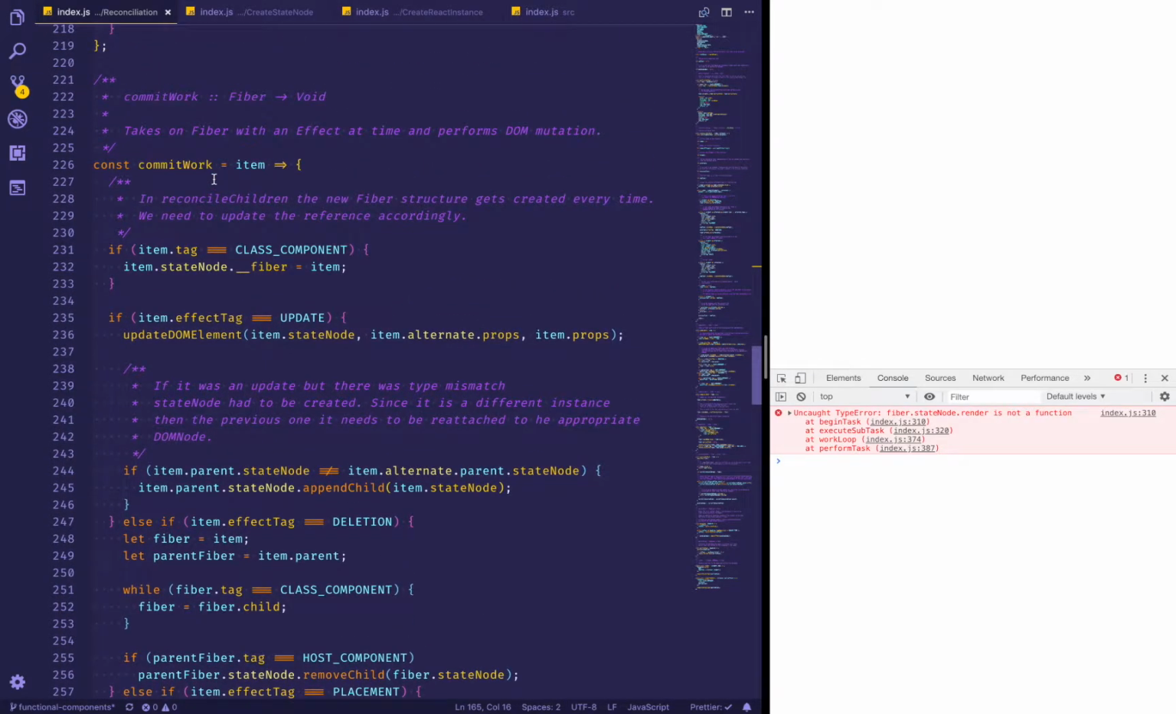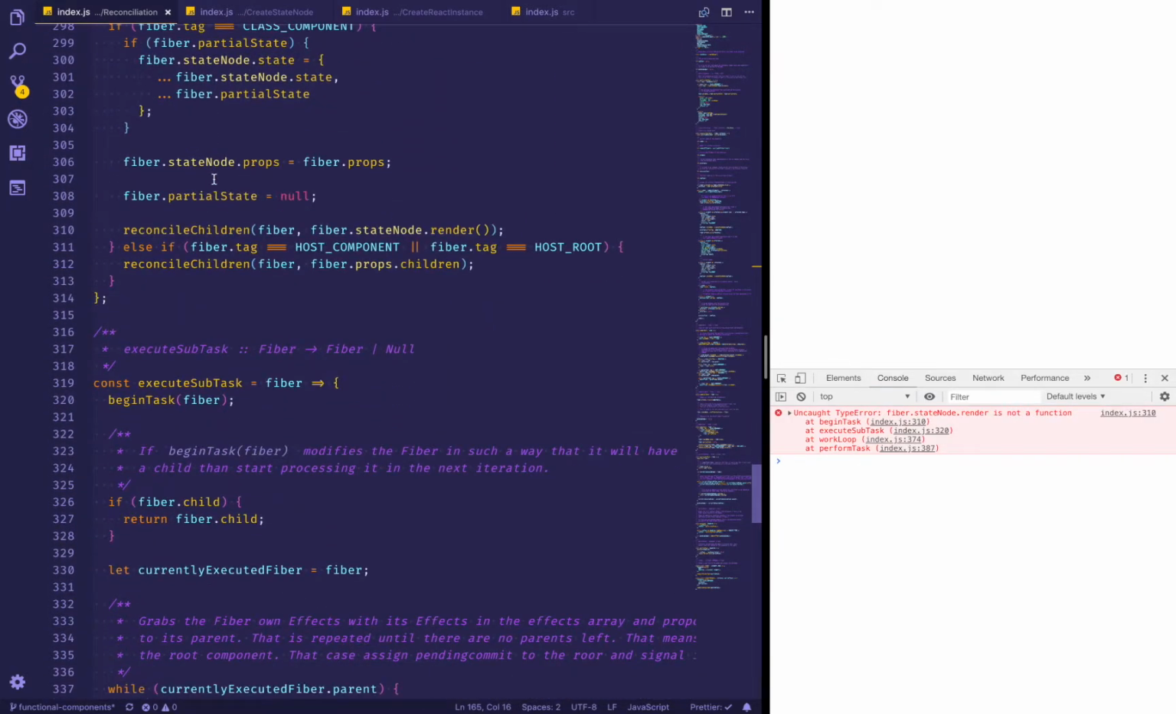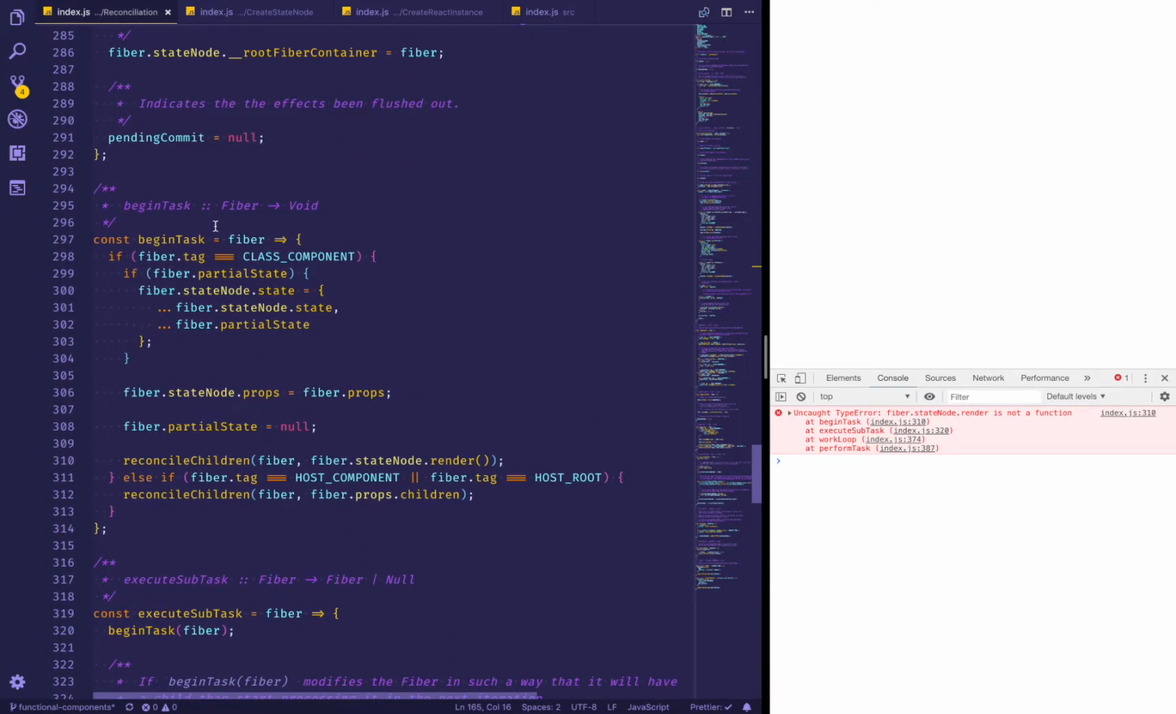So it's again here in the begin task. Begin task is responsible for getting the children that will serve as a blueprint to create fibers out of them. And remember, if you have a host component, we basically grab it from the JSX. If we have a class-based component, we call the render. But we have now another case where